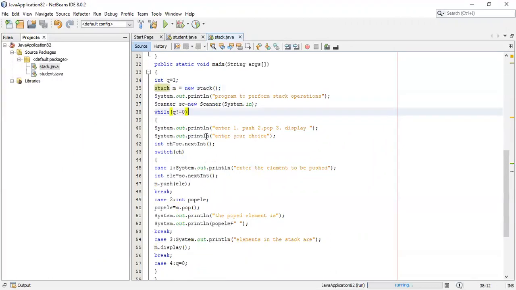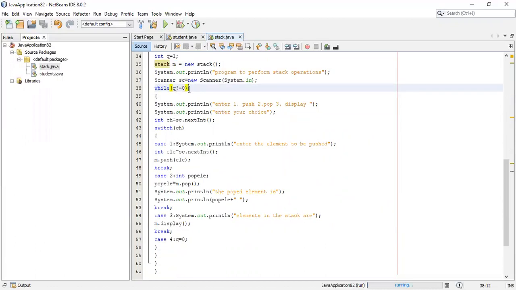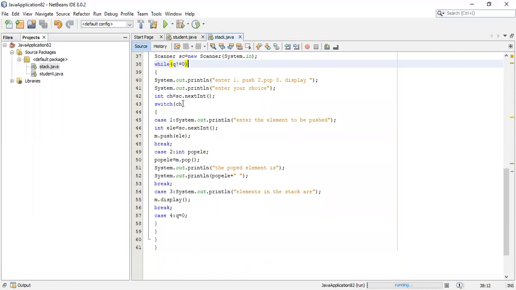After that, you perform the stack operations, and there is a while loop here which will keep on repeating till you press 0. Inside this while loop, I have a switch case that takes the options 1 for push, 2 for pop, and 3 for display.